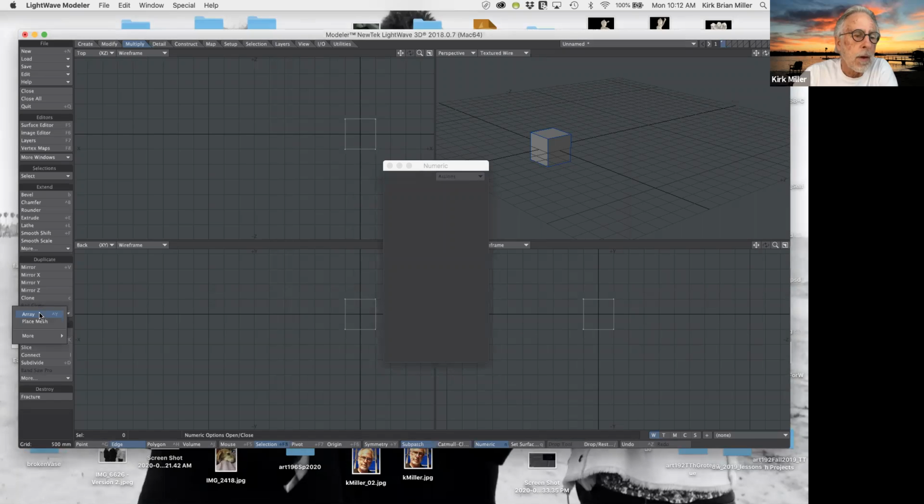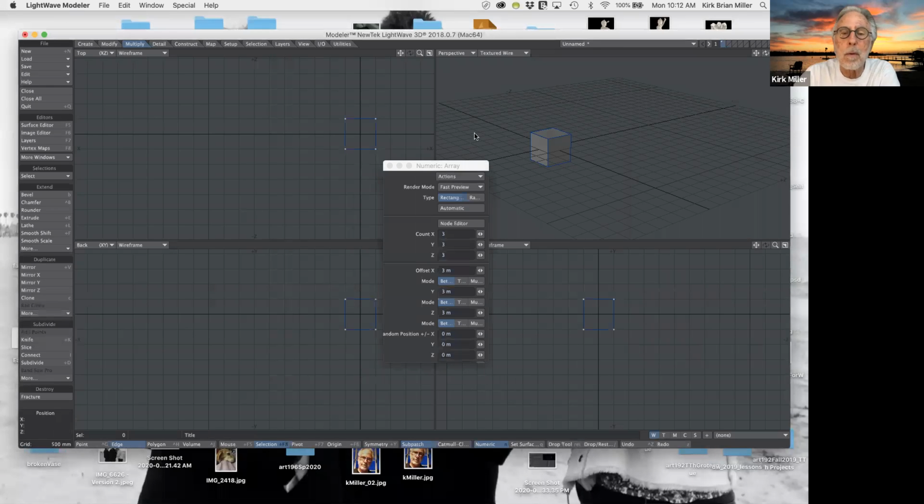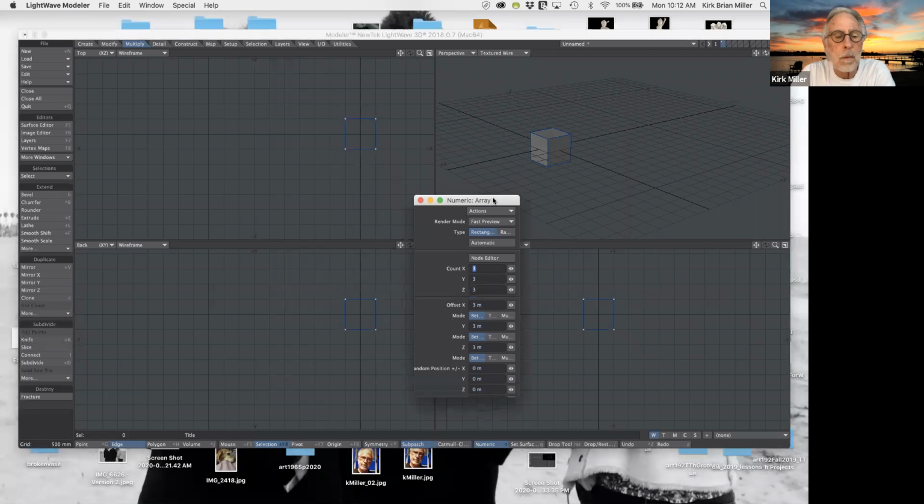So anyway, with that visible, I'm gonna go ahead and show array again. There we go, that's what I want. So now I have array selected, and let's go ahead and reset. And now you can determine the count from here. So I have 3 along the X, 3 along the Y, and 3 along the Z, and I'm offsetting 3 meters. And now if I go to actions and I activate, I should see, let's see,